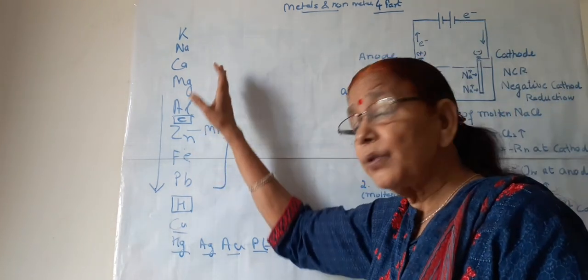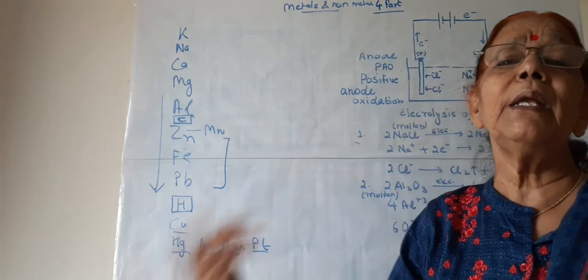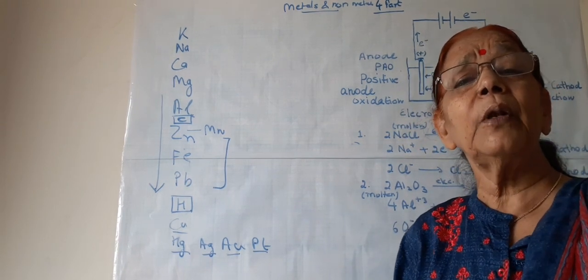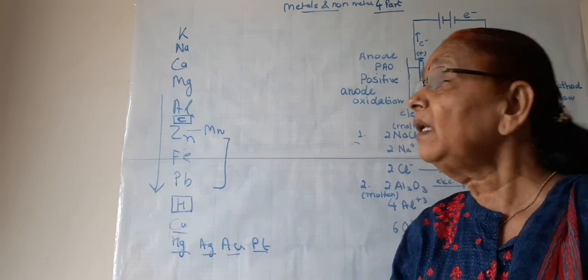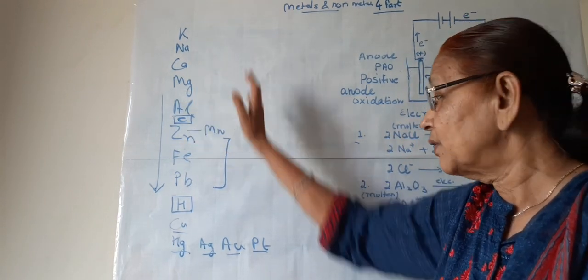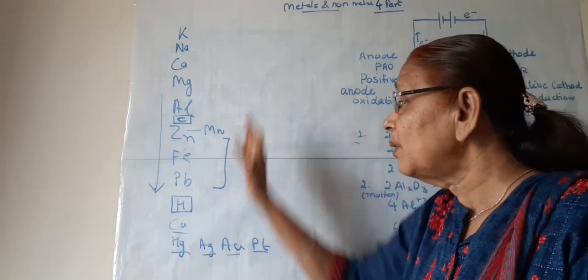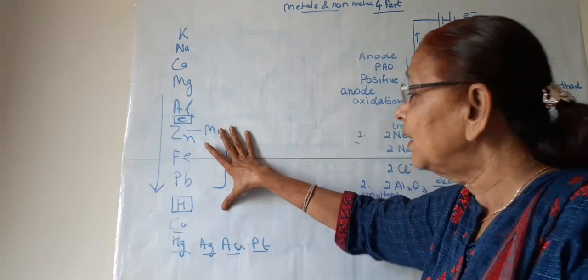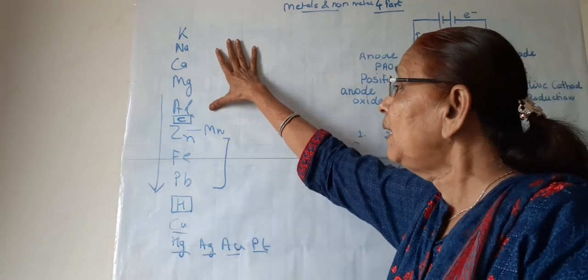They can be reduced from their compounds only by high power of electricity, and electrolytic reduction is done for these highly reactive compounds. So this is how, based on this reactivity series, we have categorized into 3,